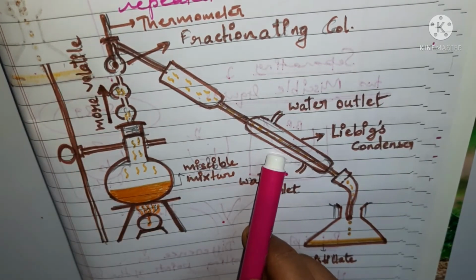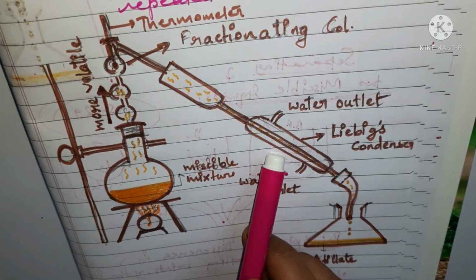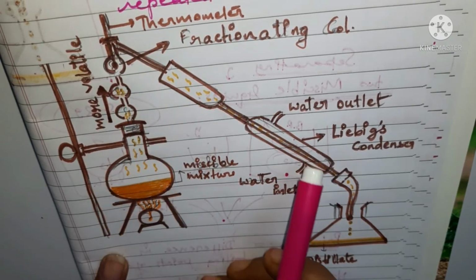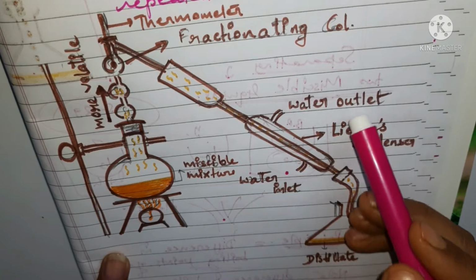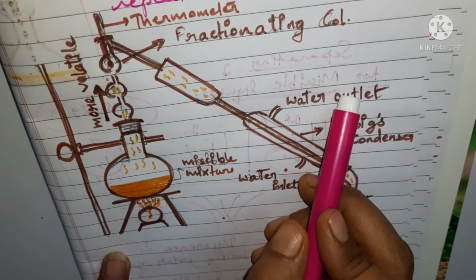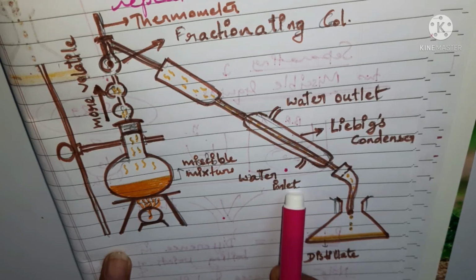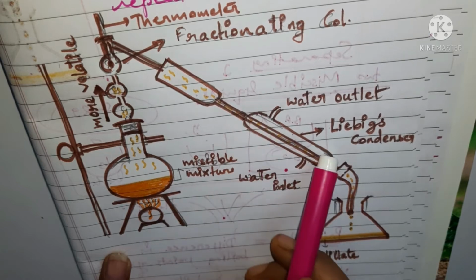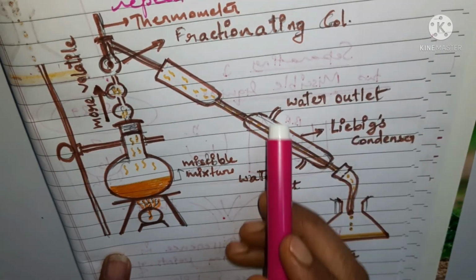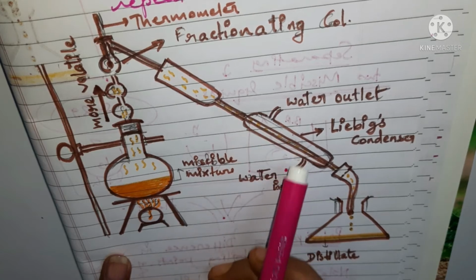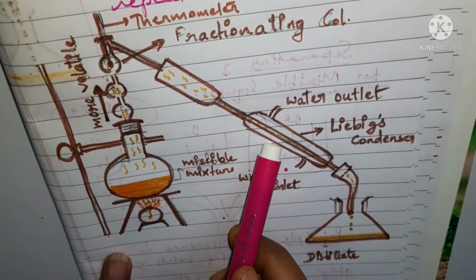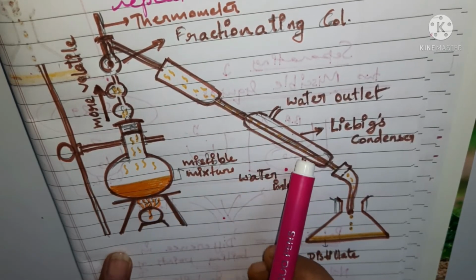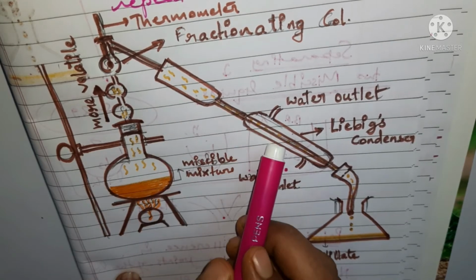This is your condenser, where the vapor is going to be cooled down. The vapor is allowed to pass through this condenser. You can see that a water inlet and a water outlet are provided. Through the inlet, water is allowed to pass through this glass jacket, and from this side it moves out once it is heated up. So when the cold water passes through and the vapor comes into this portion of the setup, it gets cooled down here.